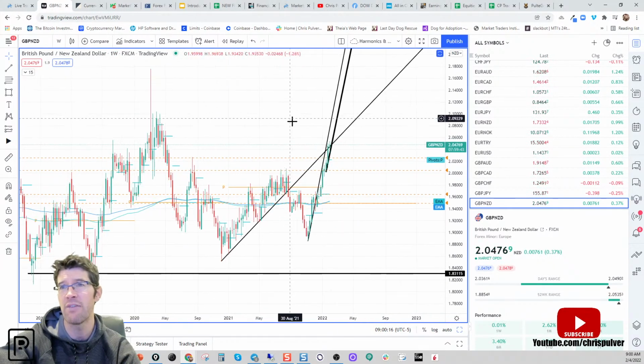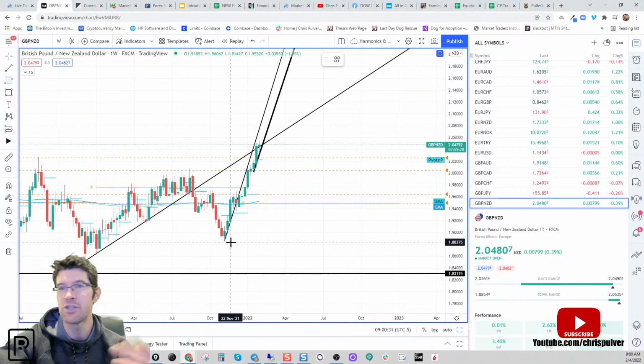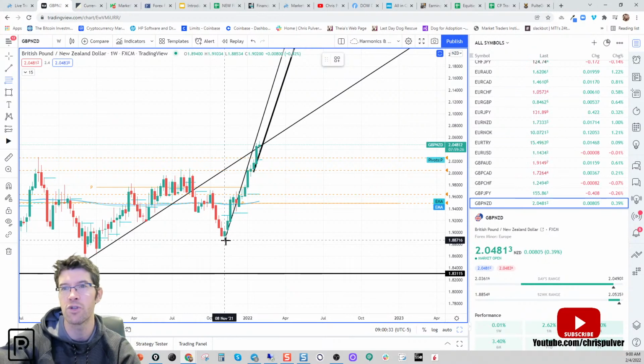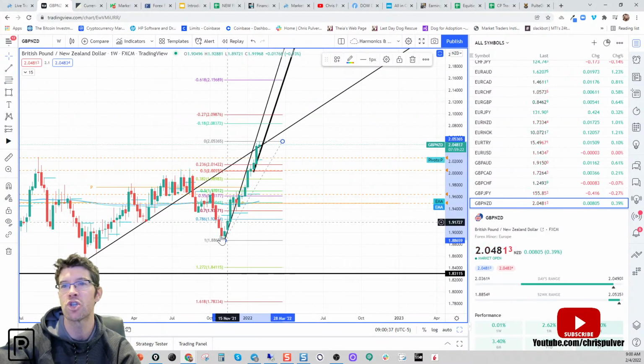We have like 11 out of 12 candles that have been weekly bullish candles. So 1, 2, 3, 4, 5, 6, 7, 8, 9, 10, 11, 12. We have 12 out of 13 weeks that have been bullish. So even if that alone is, and this is just another convergence to add to it, like the evidence of a decent sell trade coming, even that swing from low to high,